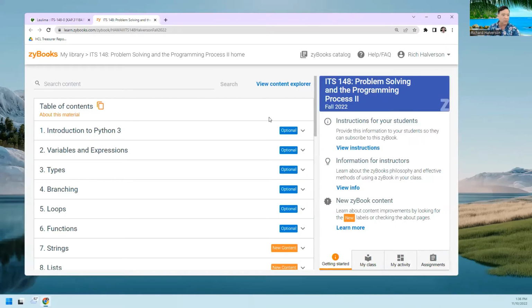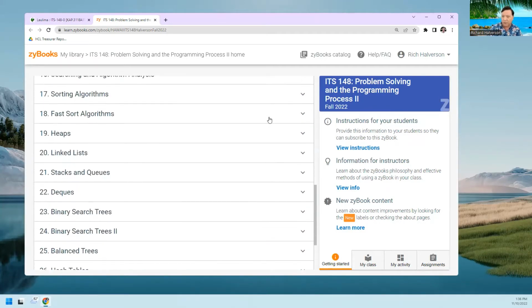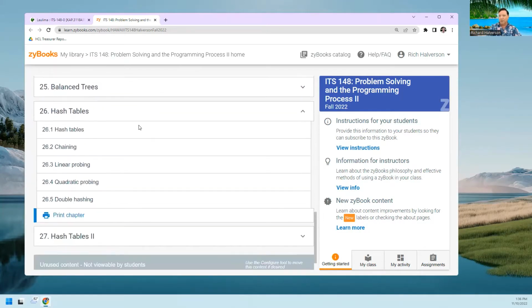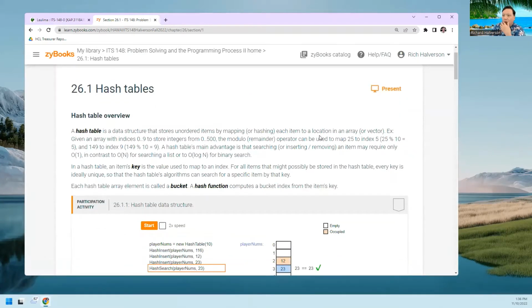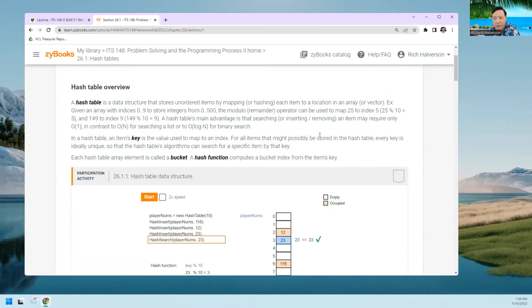the first hashing. I'm going to start with chapter 26, hash tables. All right, and there are challenge activities in every section. Okay, so hashing is another data structure. This is the second semester programming class, and in this class we learn primarily all the basic data structures that we use in computer science for all the different ways of storing data inside the RAM memory of the computer that your program has access to in a random access fashion. So a hash table is a data